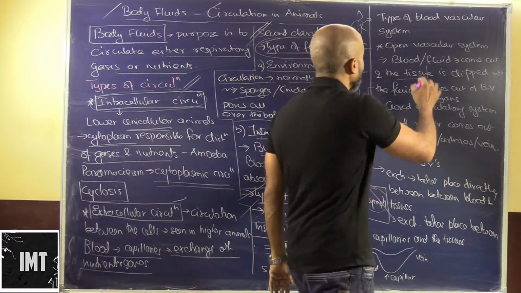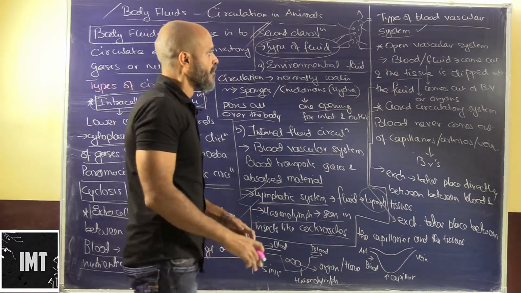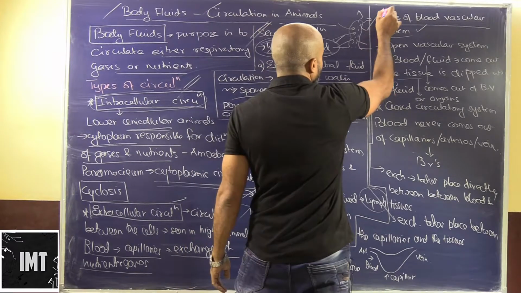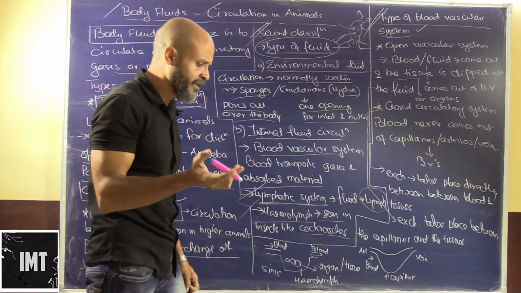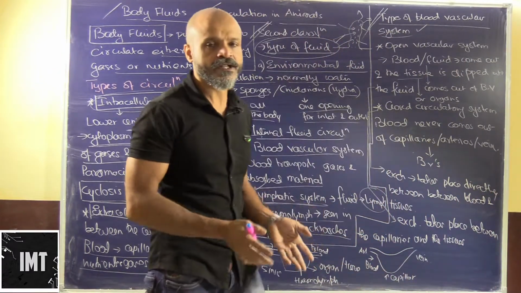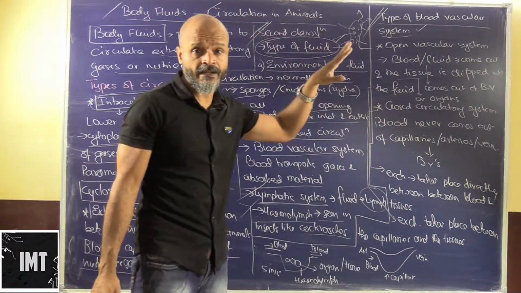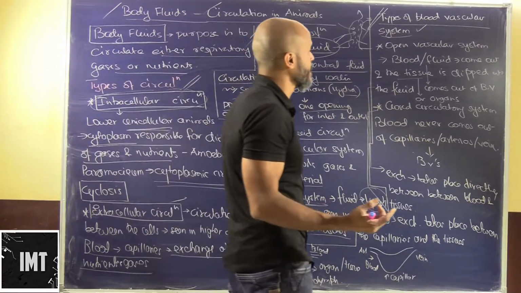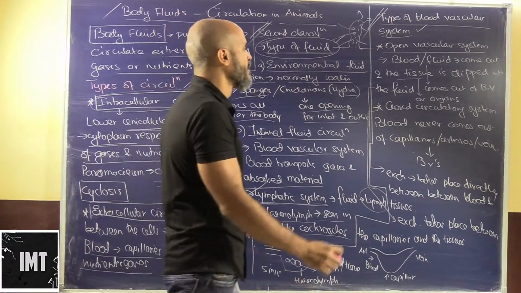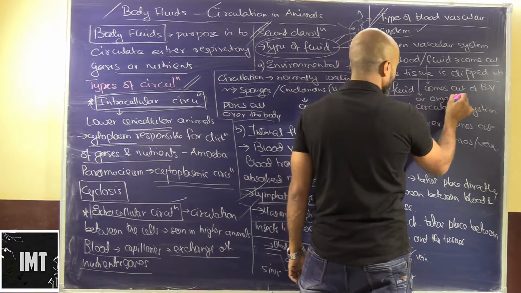Okay. Alright, so now we will come to types of vascular system. What types of vascular systems do we have? So one, we have open vascular system. Now this is again a classification. It is a classification on types of the vascular system we have. So what is basically vascular system? Vascular system is basically the system of transport of fluids. Just as we have xylem and phloem in case of plants, and we collectively call this as vascular system. So in case of animals, we have two types of system. One is called the open vascular system, in which the blood or the fluid comes out of the tissue and is dipped into the fluid or organs.